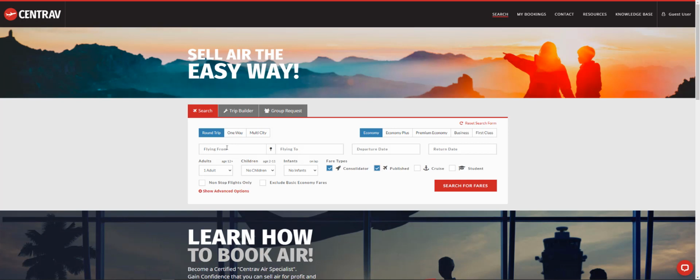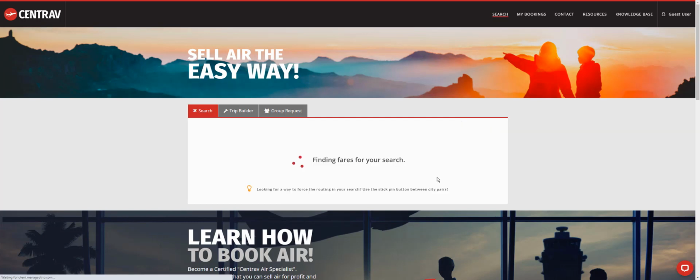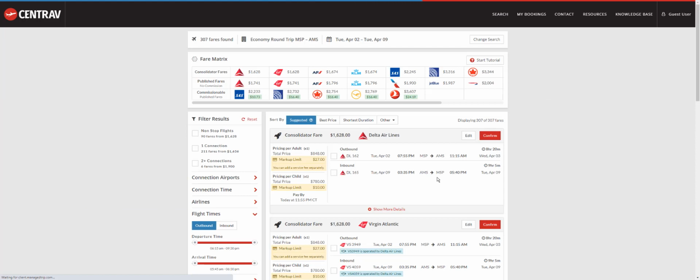You begin by putting in your city pairs and dates as normal and select an adult and the number of children, even though there's not an adult that you're booking. We're going to book this adult and then cancel it off. This is the only time we encourage you to fake out the system on Centrav.com. So we'll find our fare. We've got an adult fare and a child fare. Click confirm